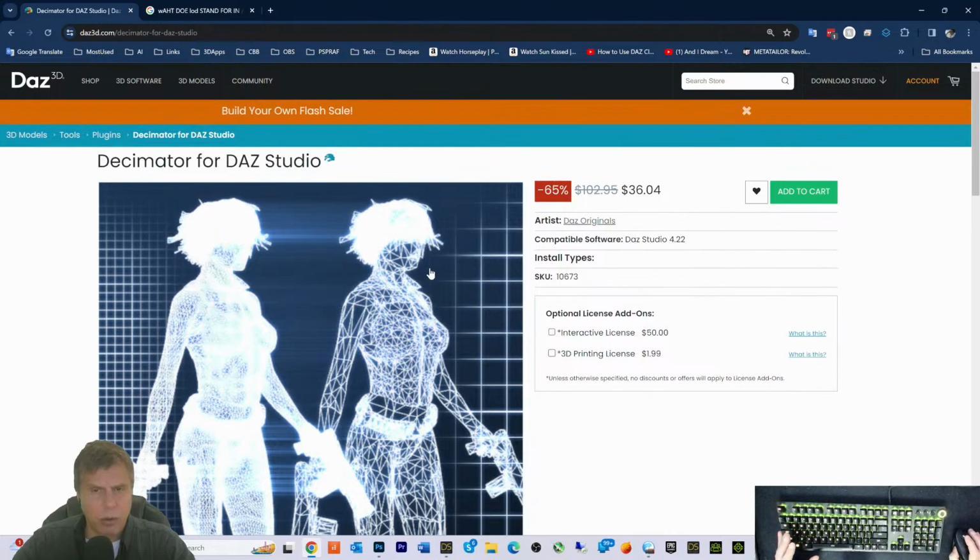So this Decimator program, if you want to animate in Daz and you want to stick to just maybe base textures and you want to get everything